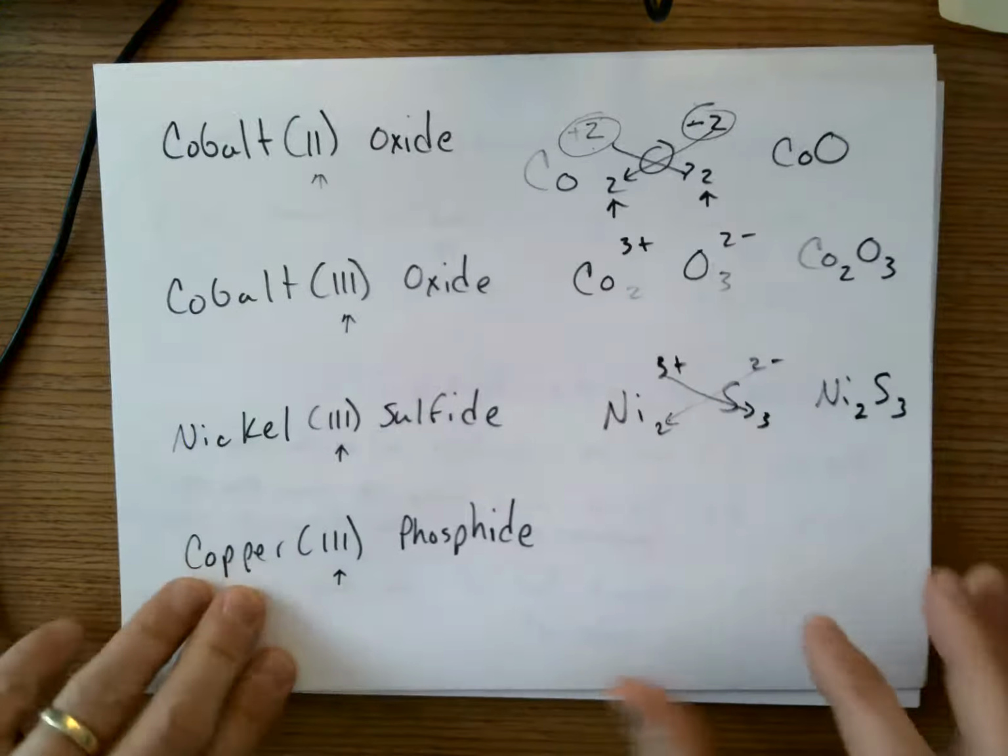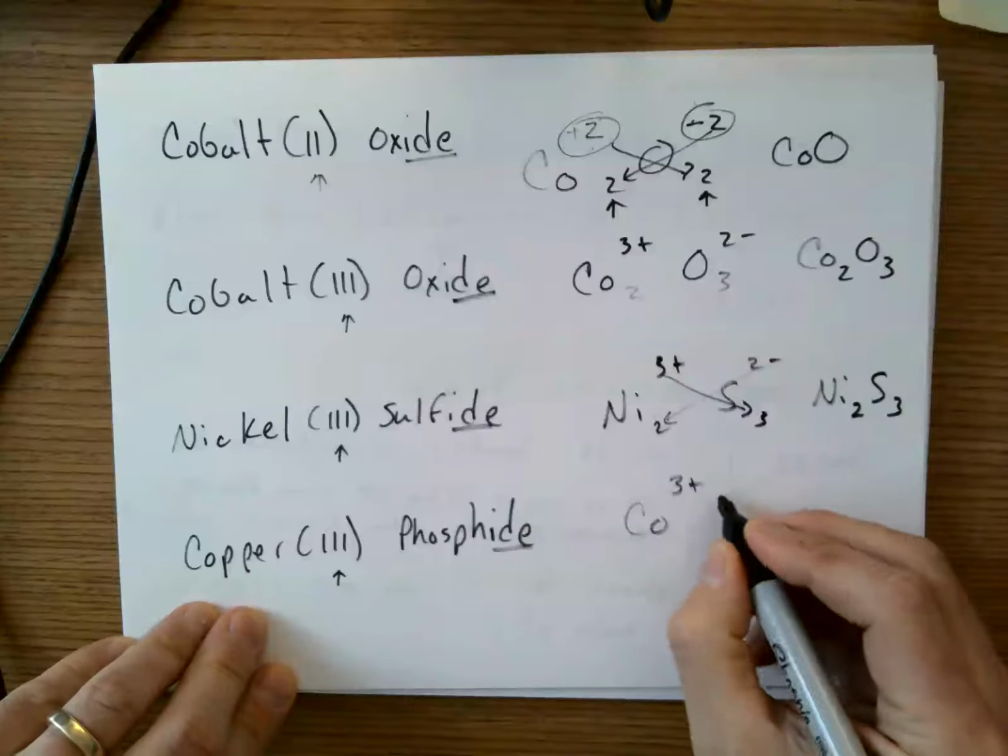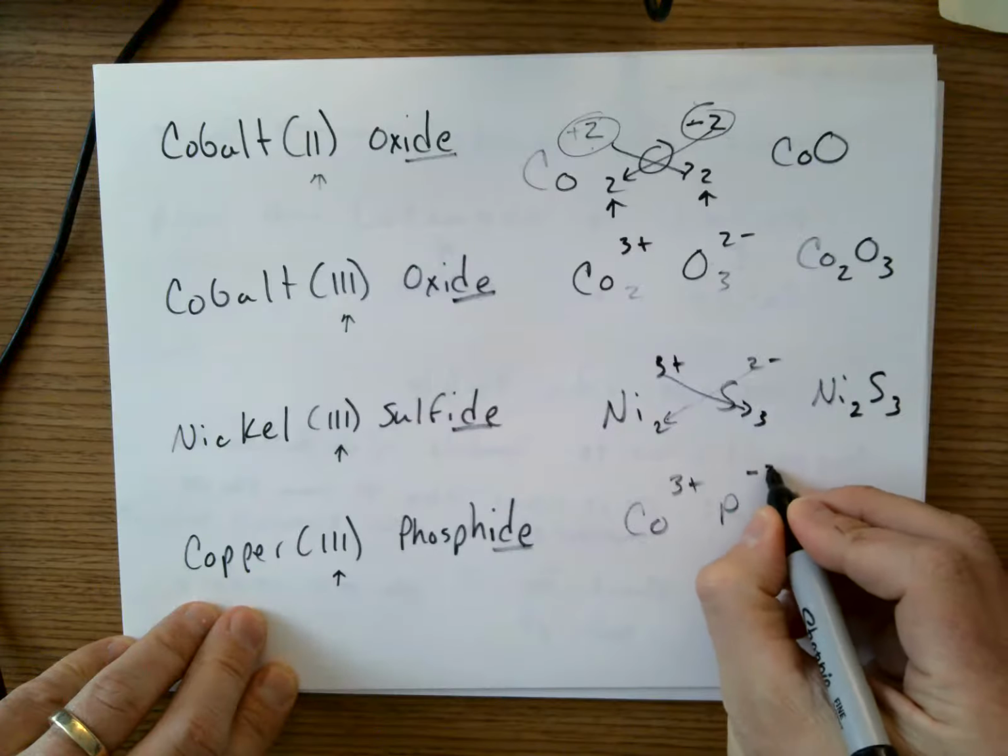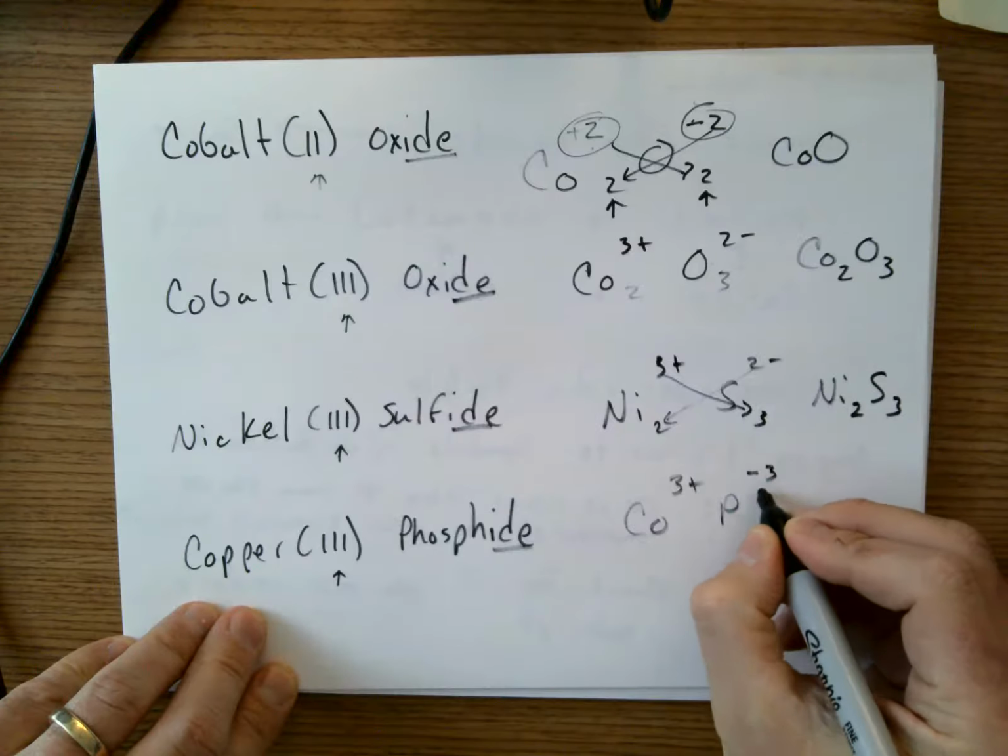All right, and for the last one, again, I'm noticing all these ide endings, so these are just binary between two elements. Copper, I see the Roman numeral there, so it has to be the oxidation state, phosphide. And again, I got the opposite, positive, negative, same number, so it's just going to cancel those out, and at a 1-to-1 ratio, that is